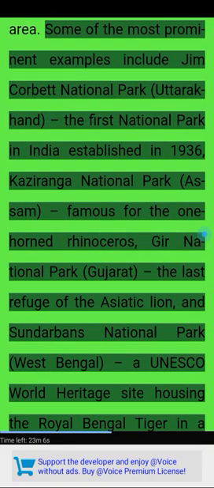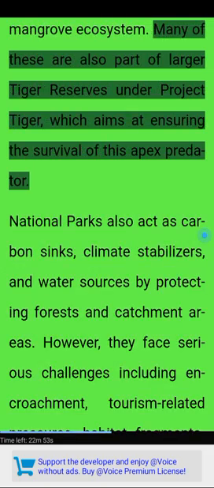Some of the most prominent examples include Jim Corbett National Park, Uttarakhand, the first national park in India, established in 1936; Kaziranga National Park, Assam, famous for the one-horned rhinoceros; Gir National Park, Gujarat, the last refuge of the Asiatic lion; and Sundarbans National Park, West Bengal, a UNESCO World Heritage Site housing the Royal Bengal tiger and a mangrove ecosystem. Many of these are also part of larger tiger reserves under Project Tiger, which aims at ensuring the survival